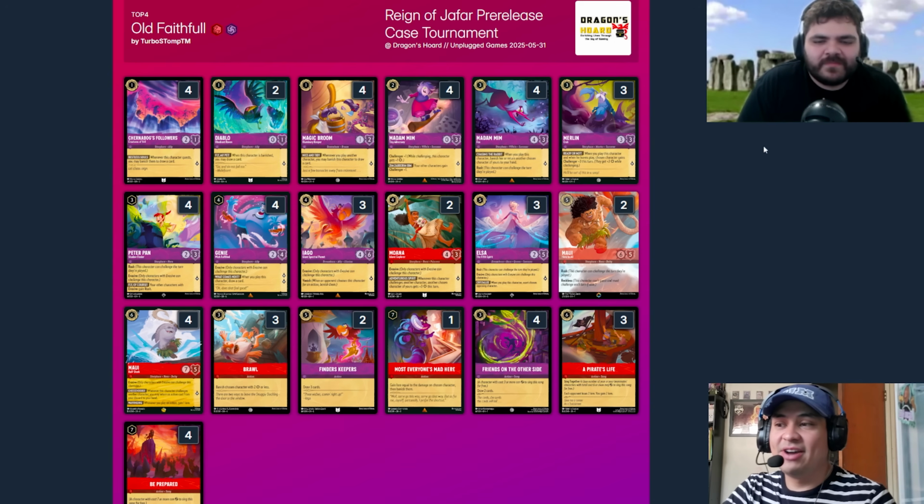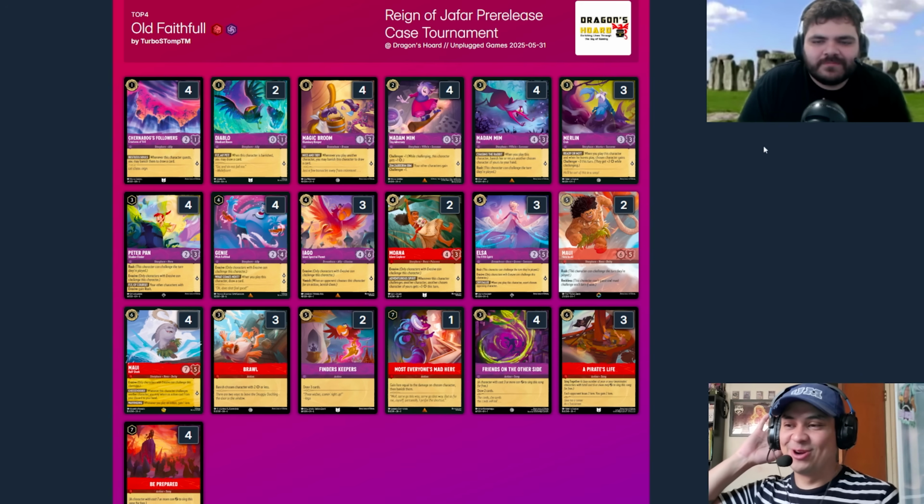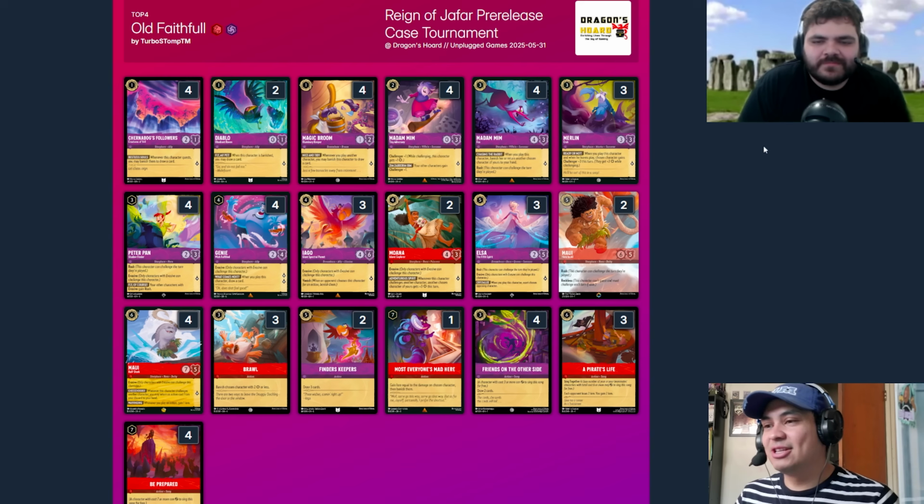So it's like a Dragonfire with an extra ability to potentially gain an extra burst of lore. So I wonder how many times they were able to use Most Everyone is Mad here to challenge into something like a Tamatoa, and then you activate Mad here, and you gain like 4 lore and banish the character, right? It seems a little counterintuitive that you're banishing a damaged character, but